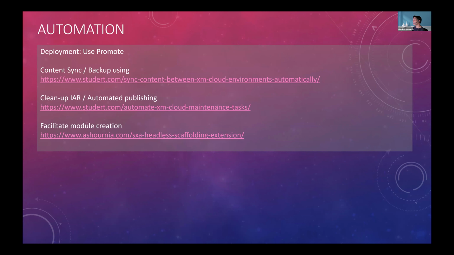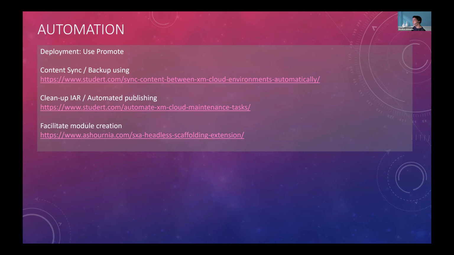Do not do a deployment directly to the other environments. Always do a deployment on the first environment and use the promote to the higher environments. When you use the promote, there won't be any build, and the same Docker image will be pushed to the other environment, so you will have the same code base on all of your environments.